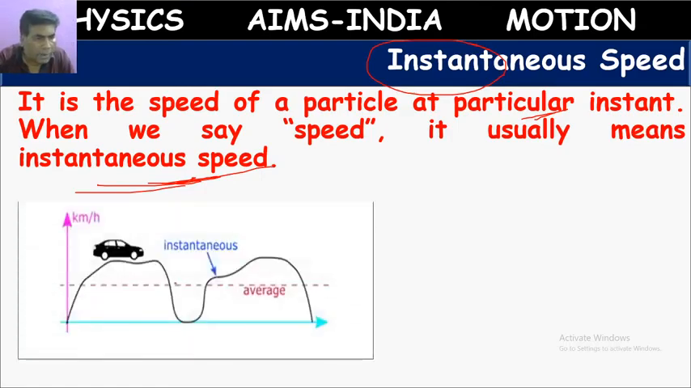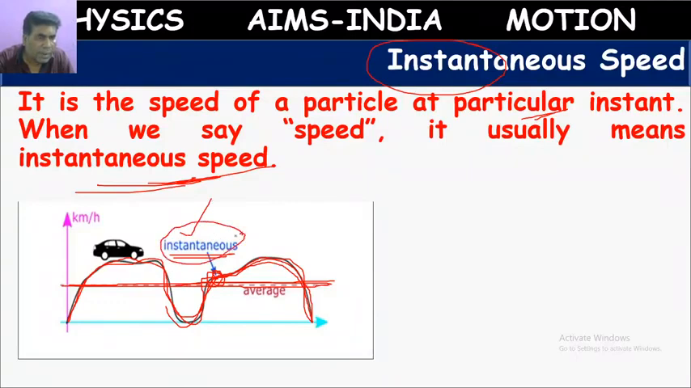Suppose here the car has started its journey from here. It is moving like this, in a curved line. Throughout this entire journey, speed is increasing, again decreasing, again increasing, decreasing. This is the speed curve. But this straight line is the average speed of the car. But at this particular point, if anybody asks what is the speed of the car,